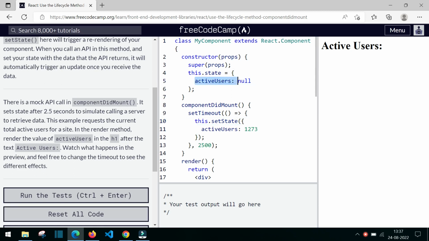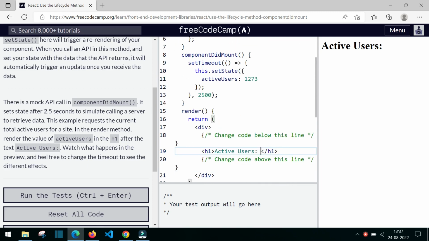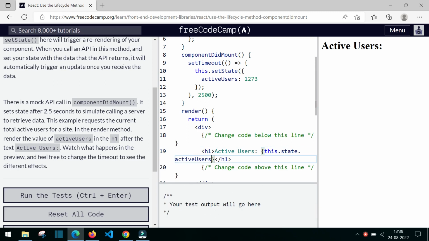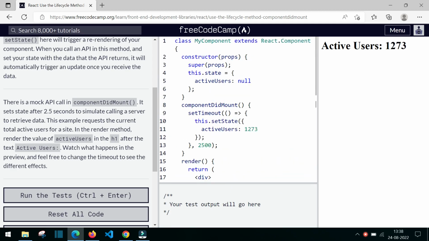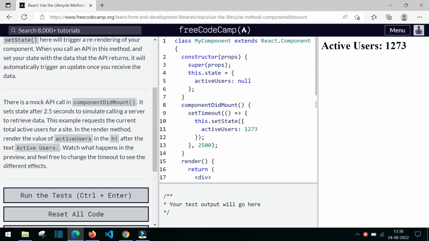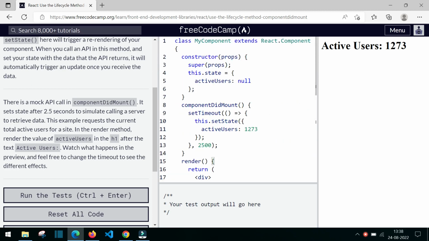we have to make the value of this active users, which is found in the state, to be used here. So what we have to do is give curly braces, this dot state dot active users. So this dot state dot active users. Now we have used the value of active users from the state to here. And let me change the value. For example,